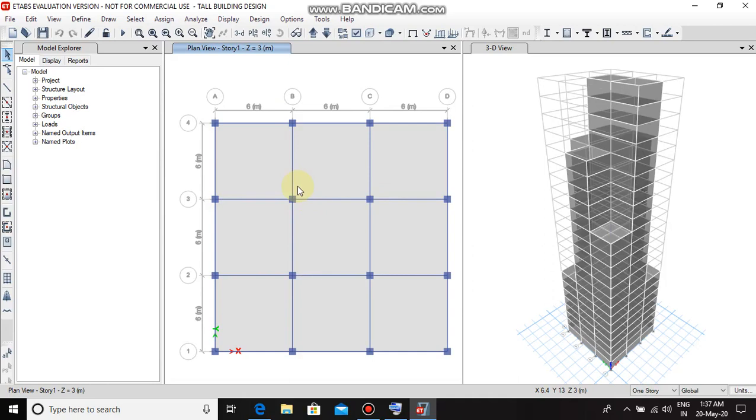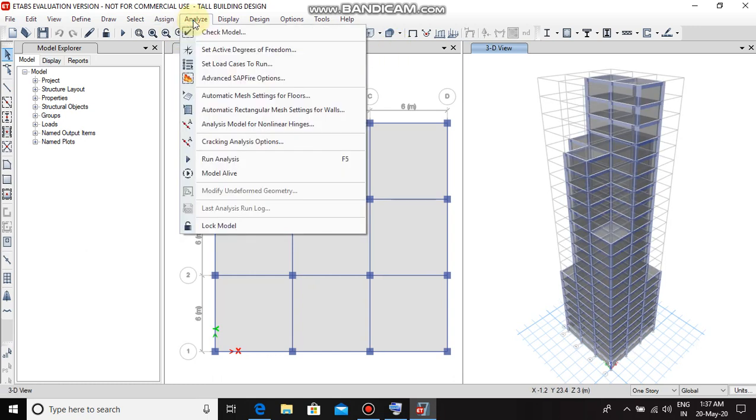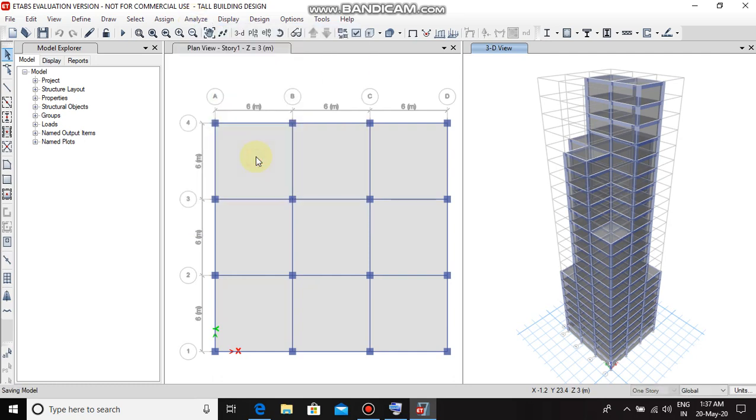All the properties, sections and loads have been applied to the building model. Now we have to analyze. Click on 3D view, select use extruded view for frame objects, analyze menu, select run analysis. It will take some time.